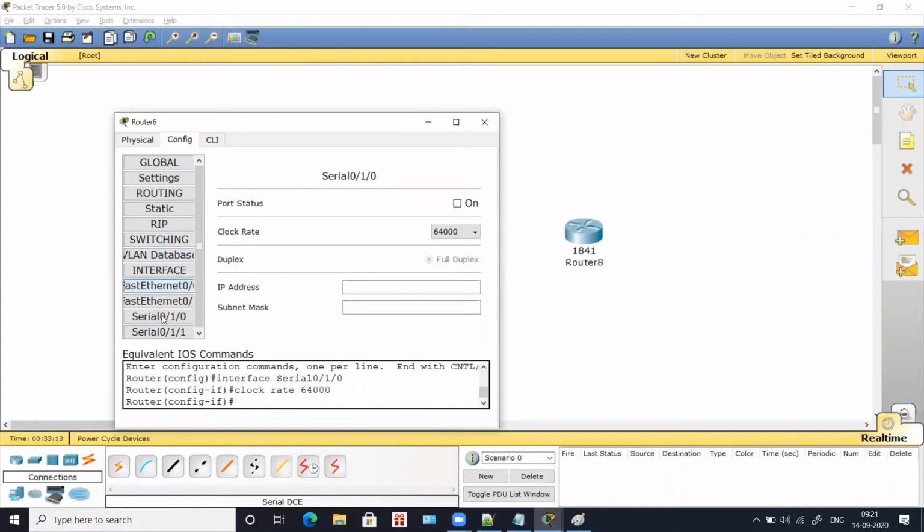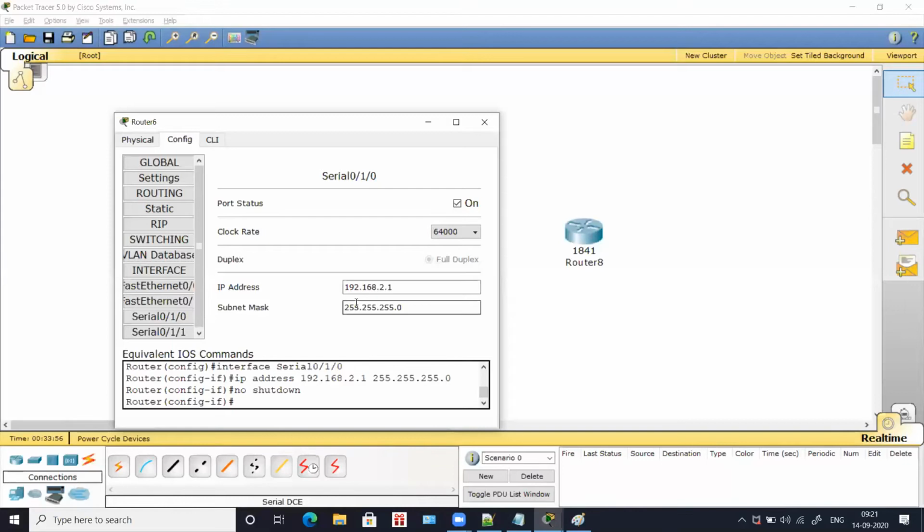So now here we are inside serial 0/1/0 because this is our interface. See here, I have this option called IP address. So I can directly assign IP here itself. If I wanted to assign IP, I'll assign 192.168.2.1. See here, when I type it, automatically all the commands that you type in your command prompt will also appear. And then I keep my mouse pointer, see, I get IP address 192.168.2.1 and this command. And then the last point was no shutdown. So to make your port live, you have to turn this on. Now you have assigned an IP for an interface. It is as simple as that.